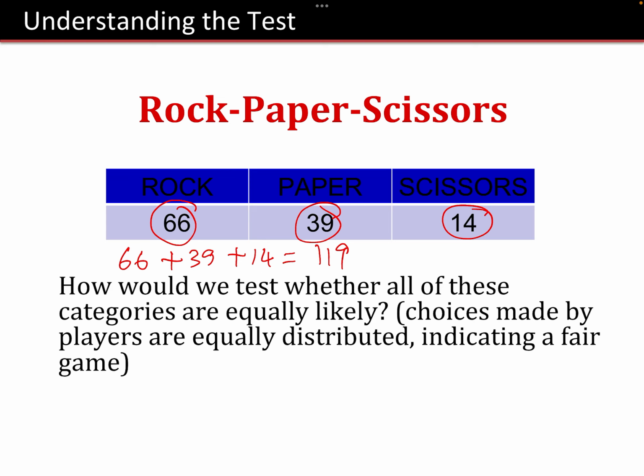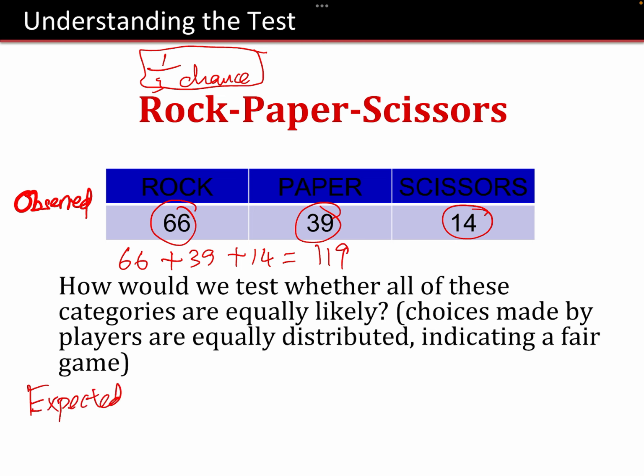But we really want to know if this is actually a fair game, because we know that in rock, paper, scissors, there is a 1/3 chance of you winning the game. That makes sense, right? Because you only have either rock, paper, or scissors, so you have a 1 out of 3 chance of winning the game. Now, if this was the observed data, what about the expected data that we expect if this was a fair game,